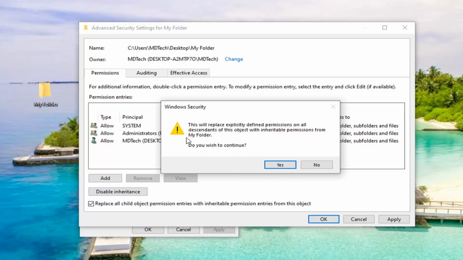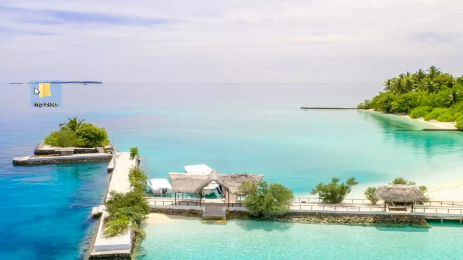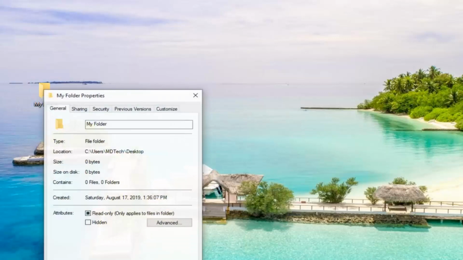Do you wish to continue? The folder will be different in your case. Mine is actually named my folder, so we're going to go ahead and select Yes. Now select OK. Now that you've done that, we're going to right click on the folder again and select Properties,